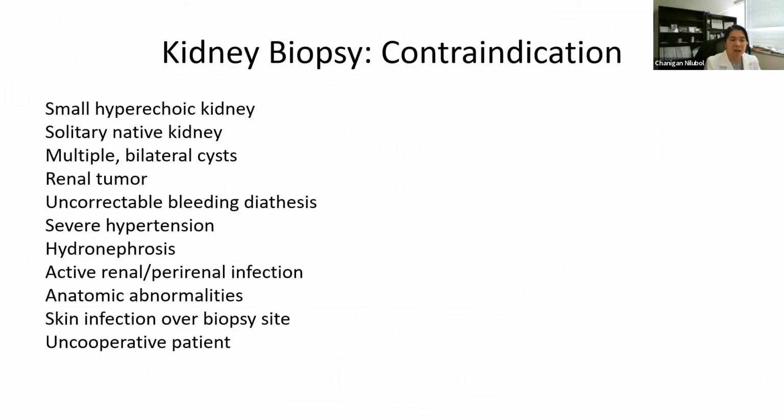If the blood pressure is uncontrolled, often you might experience that the IR would just not do the biopsy because the blood pressure is high. That increases the risk of bleeding. If the patient has hydronephrosis, that might have been the cause for the kidney failure. And if there's infection, we do not want to biopsy either. Skin infection over the biopsy site, of course, you cannot get through that and bring the infection into the kidneys. Or if you have a patient who cannot cooperate,